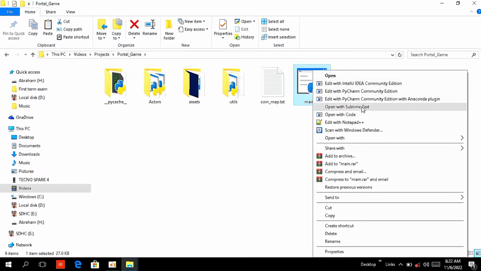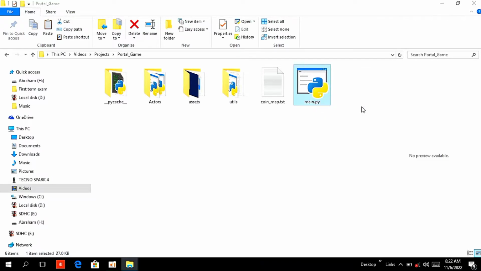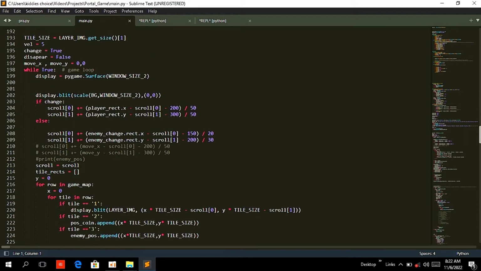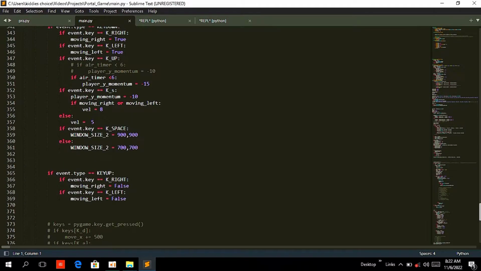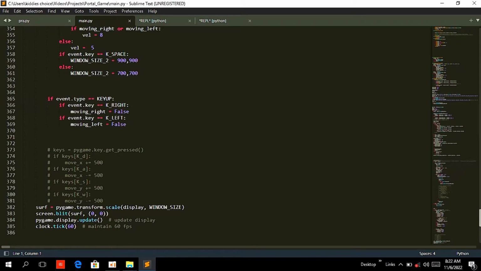Let me open the file below in Sublime Text. The game is Just Jump Up Portal Game. I named it Portal Game. As you can see below, I've written a lot of code. And if you guys are interested in the game, just comment down below and I'll make a tutorial on how